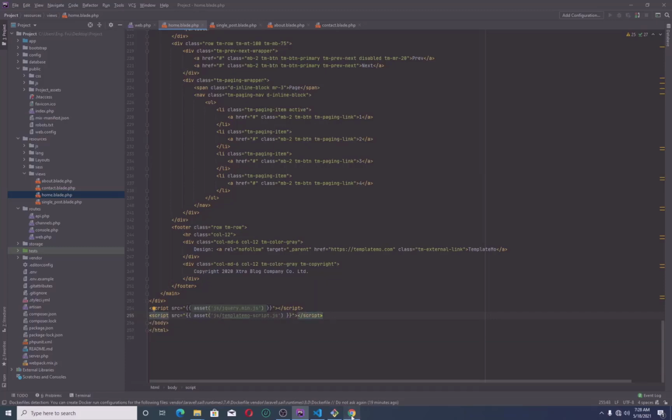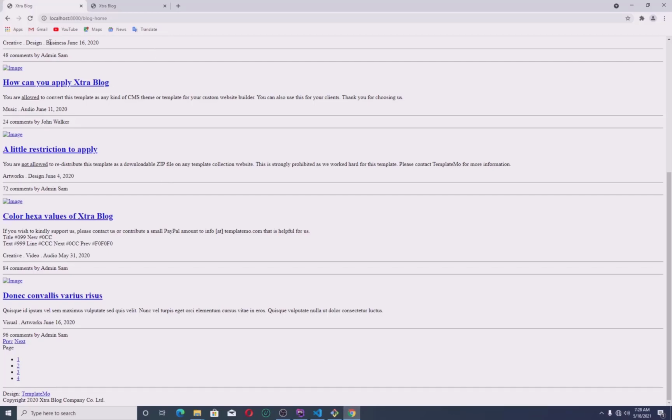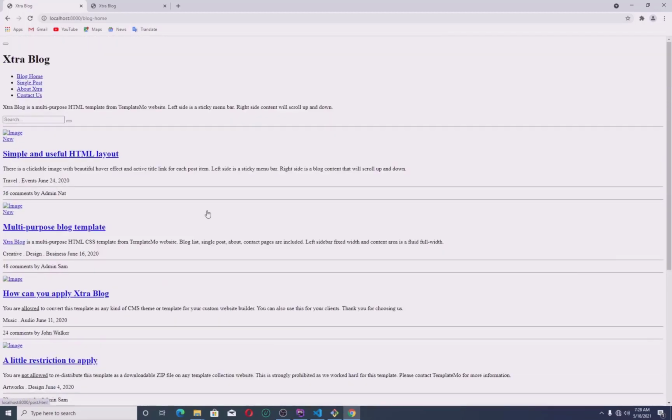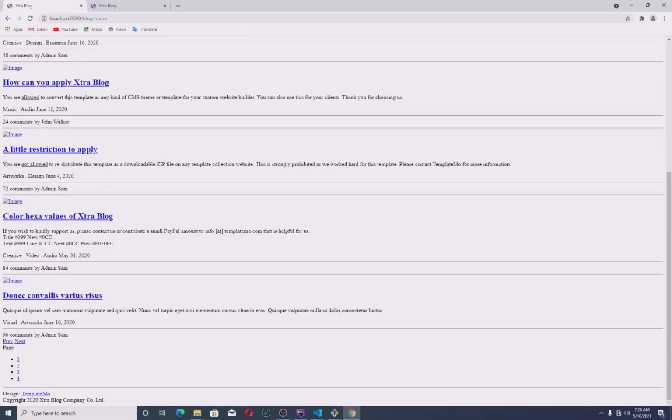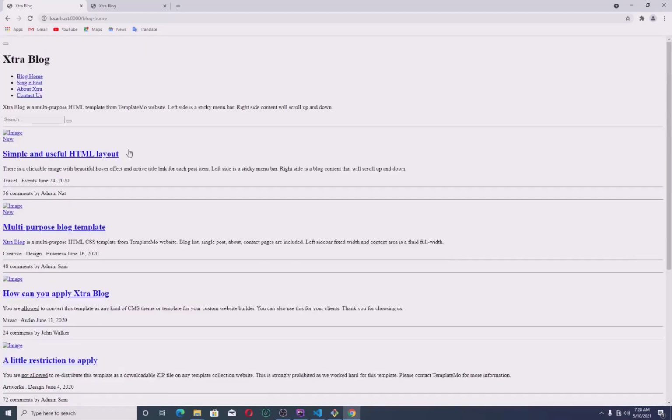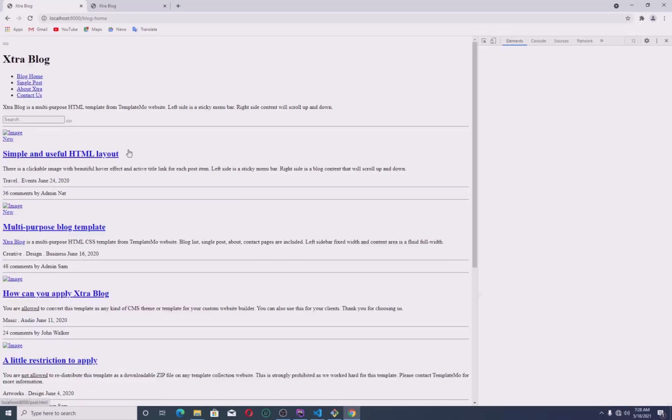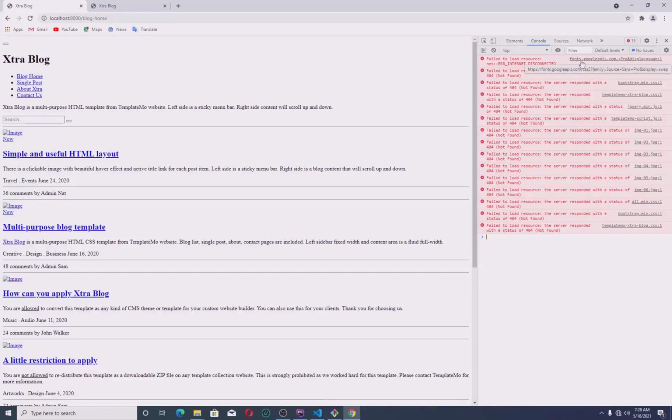Okay. Now if you go back to this blog, before refreshing it, I want to show you something just to show that they were not proper. The way it's being displayed below is because the assets were not properly referenced. Okay, now if you go to your console and press F12, you're going to see so many errors that it did not find the bootstrap, the template mode, CSS, the JavaScript, and the images that are found there, just because we're not referencing it very well in our Laravel project. Now if I come here and I refresh,